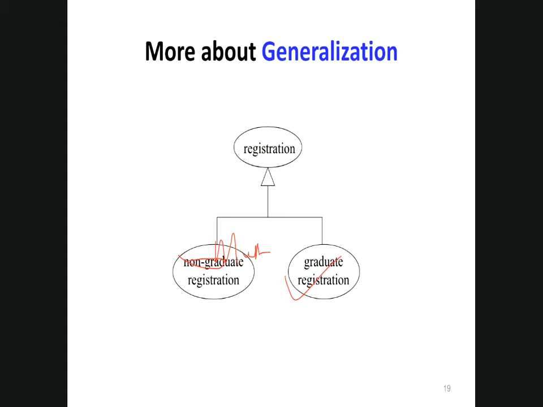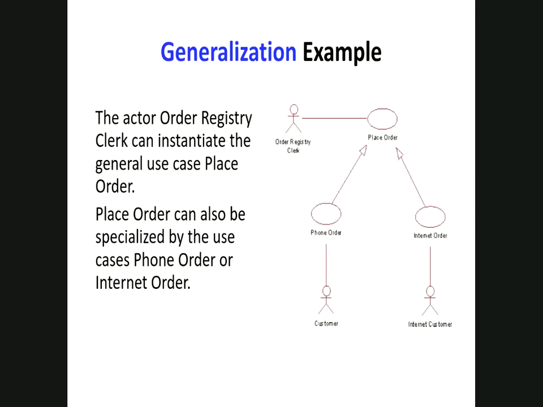In the same way with registration, both are doing the same thing. Both master's students and graduate students will provide their ID and everything. For registration, both of them will provide their national ID. They will provide their name, father's name, everything. But for a graduate student, you will submit a different qualification, like 10 plus 2, which will be entered here. For masters, you would have 10 plus 2 plus 5 or 10 plus 2 plus 4. Okay, so that will be changed. That functionality will be changed. So here is more detail about generalization.